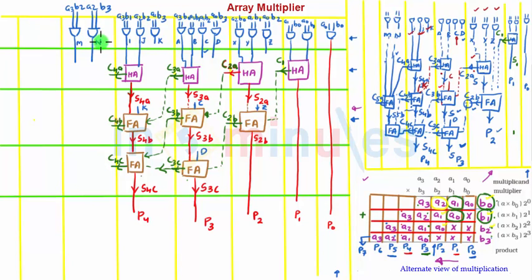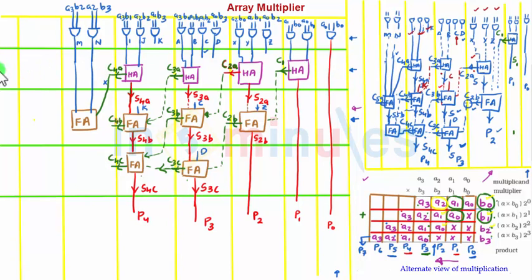M, N, fair enough. We decided that we will not use a half adder here, because if we do that, this full adder present here will have a rippling from C4B. I just explained that to you. So we'll straight away go ahead and use a full adder here, which will have inputs M, N and C4B. See, understand, I am taking it from the previous stage, one row above, which will not lead to rippling, because